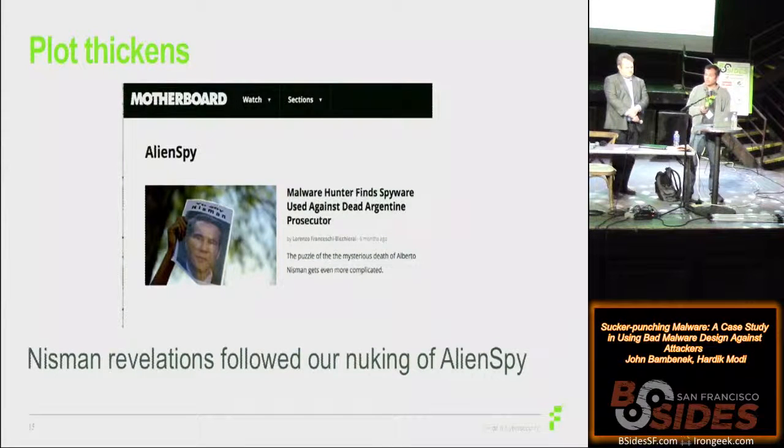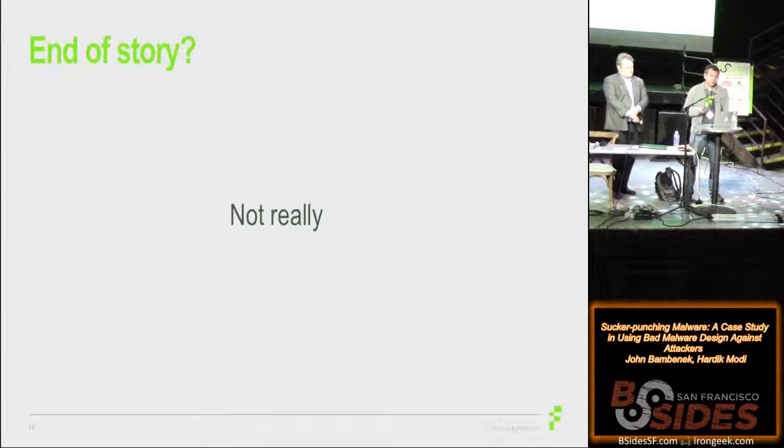Then later in the summer, it was revealed that at the time of his death he had Alien Spy installed, on what was originally said to be his mobile phone but, in later analysis, was more likely his laptop. Again, this is potentially complete coincidence, but Citizen Lab and a few others felt that there was a fairly significant connection here. So this emerged later. Of course, by the time we found this out, Alien Spy was gone. So you might ask, is that the end of the story? And the answer is not really.